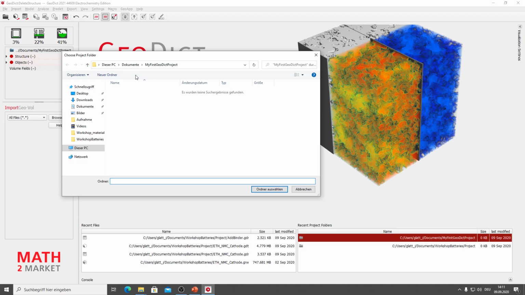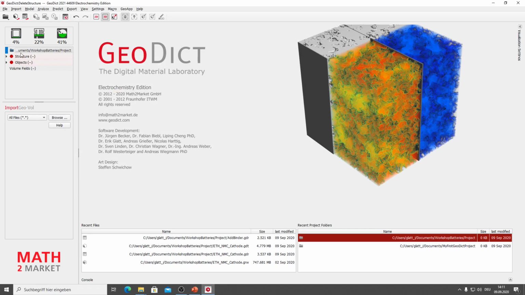And then I would like you to navigate to the handout material that you got for the workshop. And in the handout material, you will find a folder which is called Project. Choose this one and say choose folder, and then you can see that here the path changed to the project folder that we just chose.